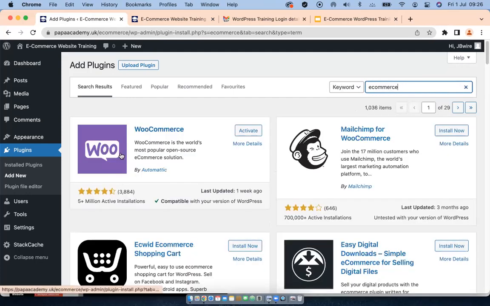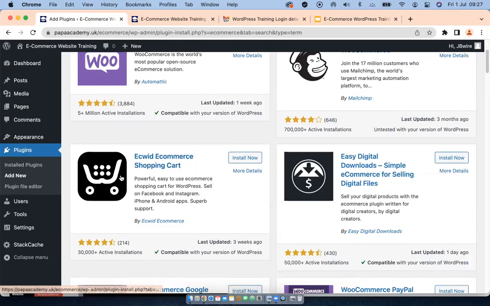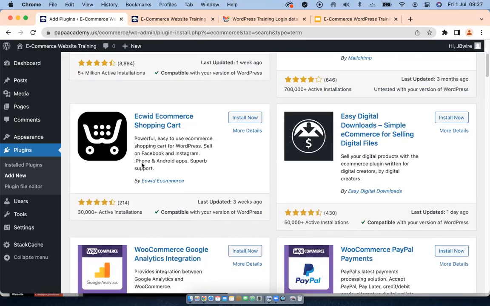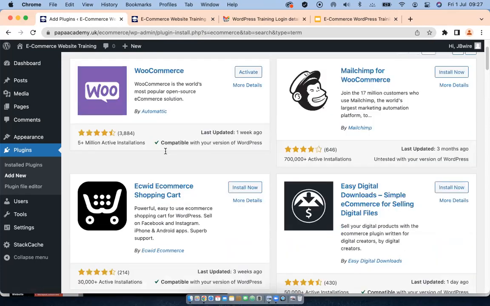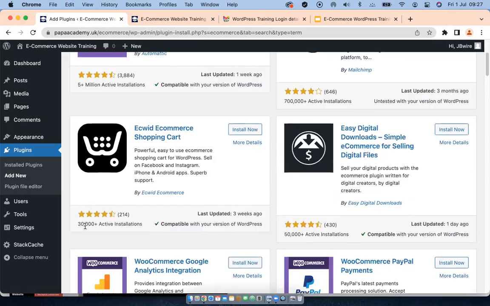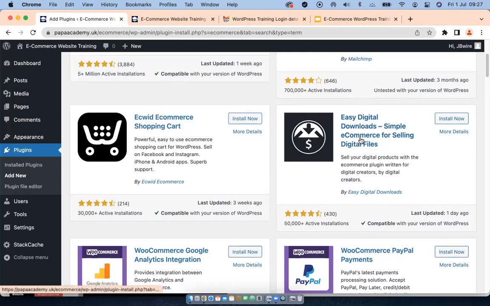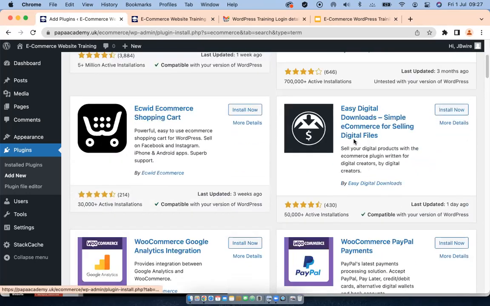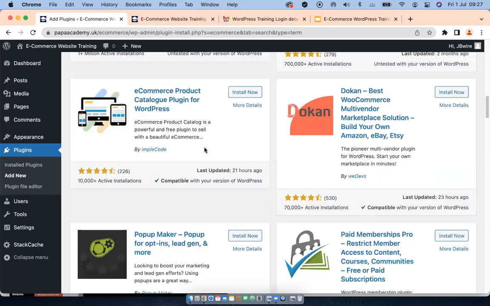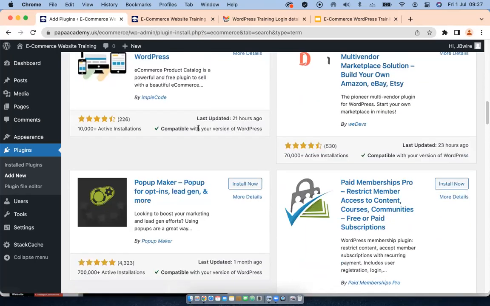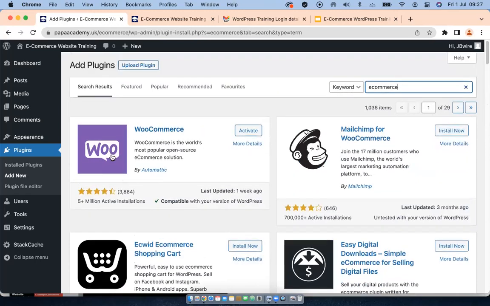So we have WooCommerce, of course, and we have a speed e-commerce shopping cart, which does basically the same thing, but a little bit not as straightforward as WooCommerce, as you can tell from the active installations. Easy Digital Downloads is good if you are selling downloadable products like ebooks, courses, and all that. This one is very good. So as you can see, there are many others, and there's this one as well. But of course, like we said, this one is the most popular, and that's what we are going to go for. So we have installed it